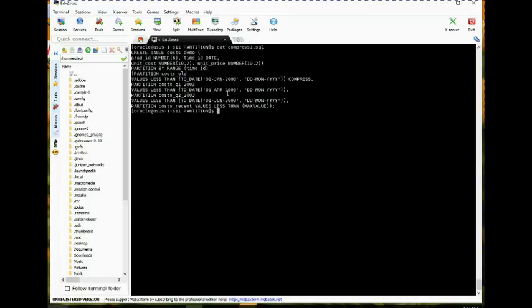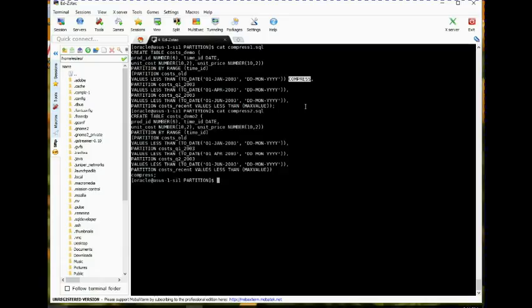In this first example, I have a costs demo table, and I'm partitioning it, and I'm specifying compress for one particular partition and not the others. In the second example, I compress at the table level, and I'm going to show you that it will compress all the partitions in this particular case. And then the final example,